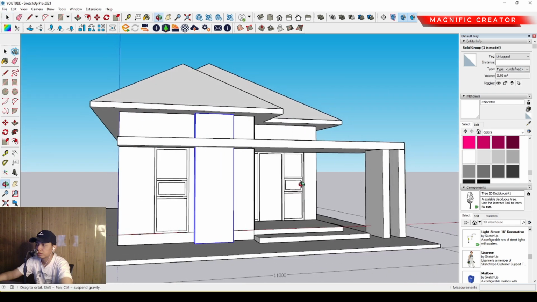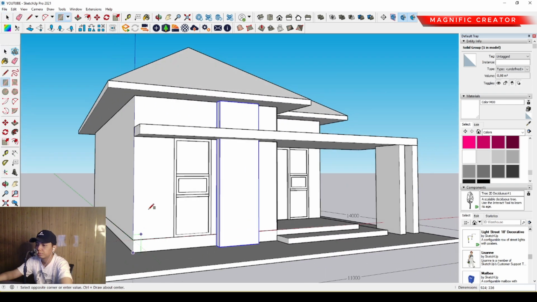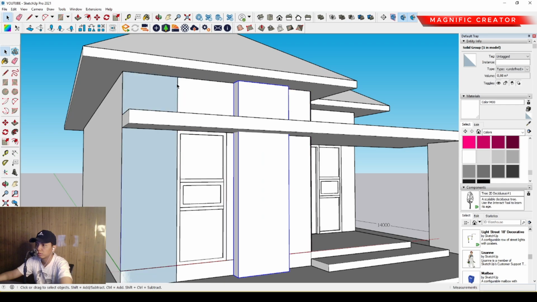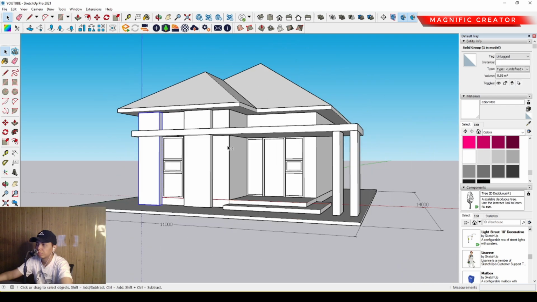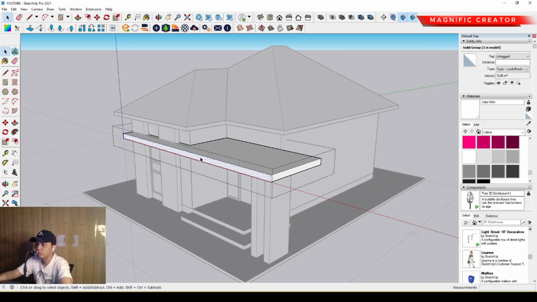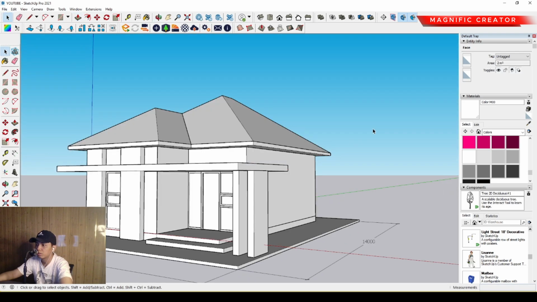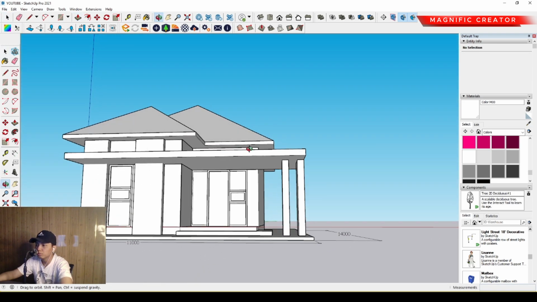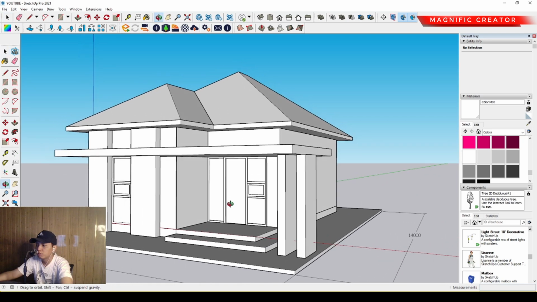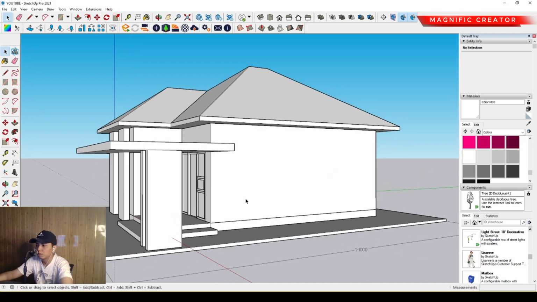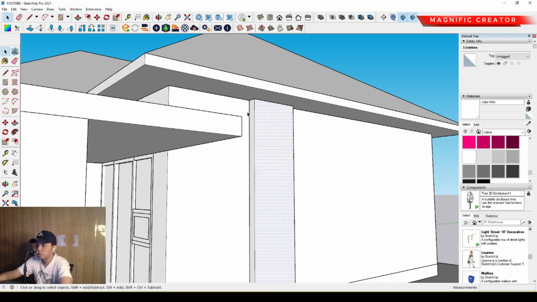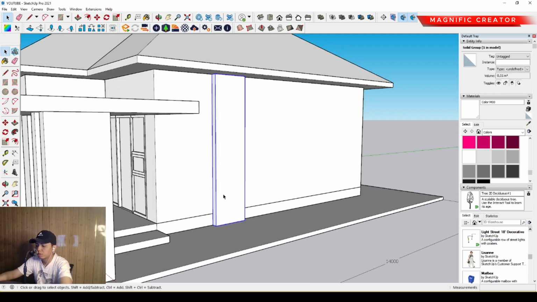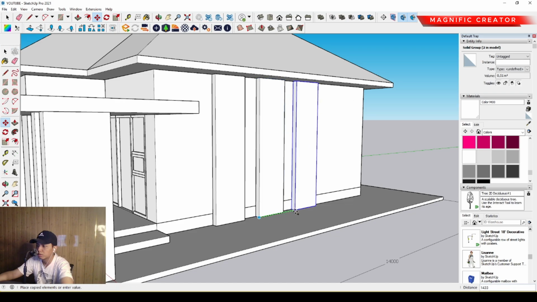So then we can make another element again over there, and then we can push it to the front and just make it group. Okay, and then we can offset it a little bit outside. Okay, and after that we can make another element of this wall anyway. We can use a push tool, and we can make it group, and we can move and place it to another place, something like this,